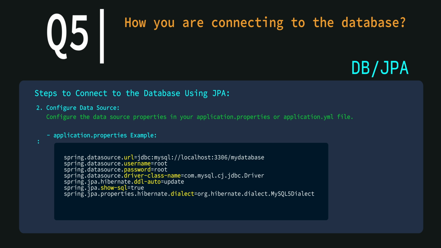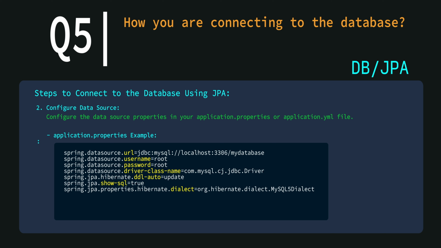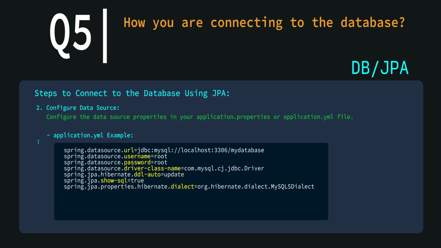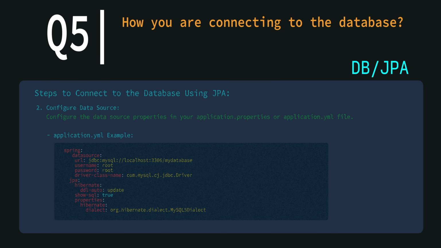The data source object is nothing but it holds the properties to connect to the database. The properties are like database URL, username, password, the database driver class name, and other JPA properties, how it should behave. On the screen currently you are seeing the application.properties configuration. It's a .properties file. Spring also provides an alternative way using a YAML file. So we can give the properties for the data source in the YAML file also. You can see the example here. I hope now you understood these two steps, how we can connect to the database in a Spring application. I think now you are in a situation where you can answer this question at any time. Let's move to the next one.